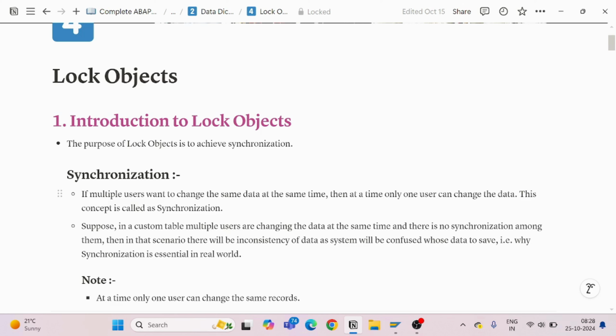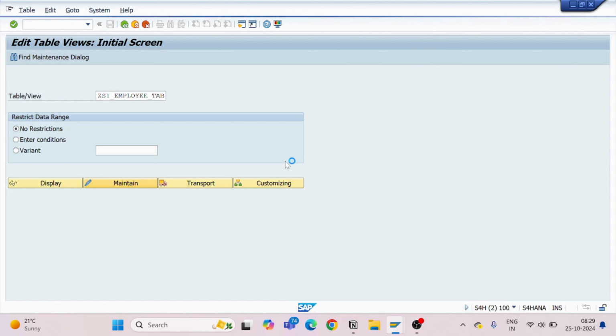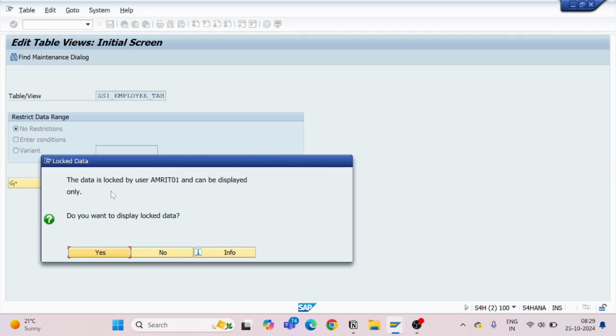This is my table, and when I click on the maintain button, I am going to get a pop-up message. Just wait for a second. Yeah, the data is locked by user Amrit01 and can be displayed only. Do you want to display locked data?